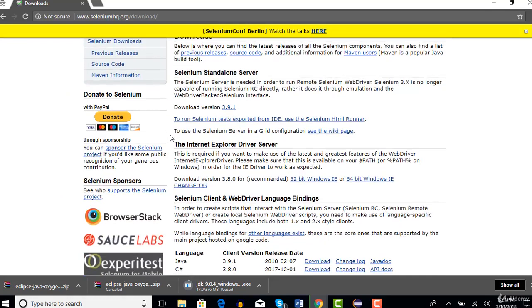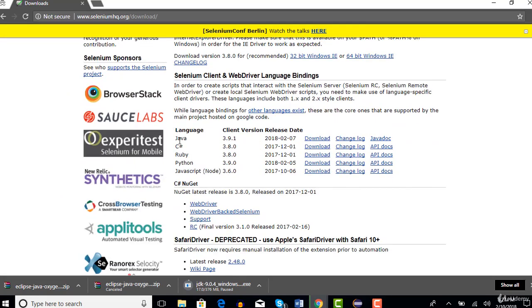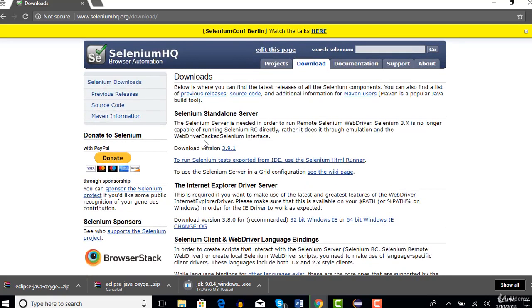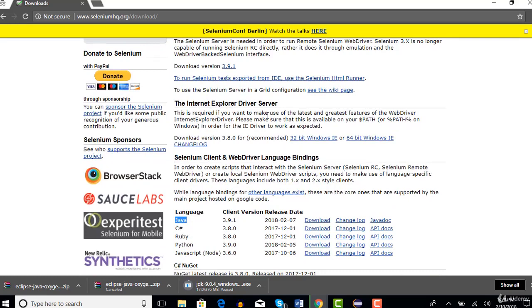If you go to seleniumhq.org, you can download for whatever language you wish to write your Selenium test cases in. And if you want to see any new changes or updates, everything about Selenium is documented here. You can even go to the Selenium conference as well. It is conducted once a year in some place in the world. Last year I attended. It's very good. There are very minimal passes to attend this Selenium conference, which is conducted by actual Selenium developers.